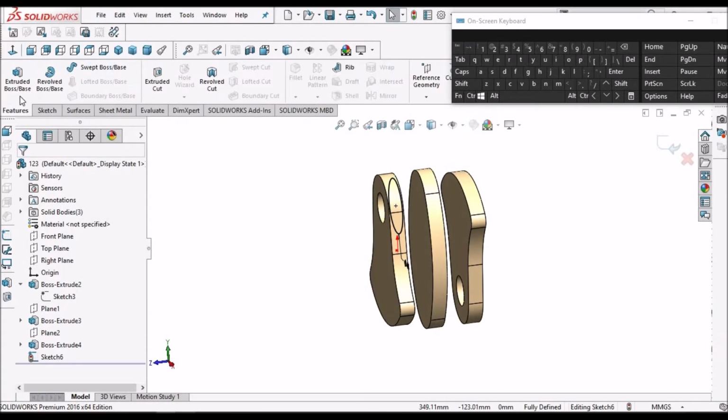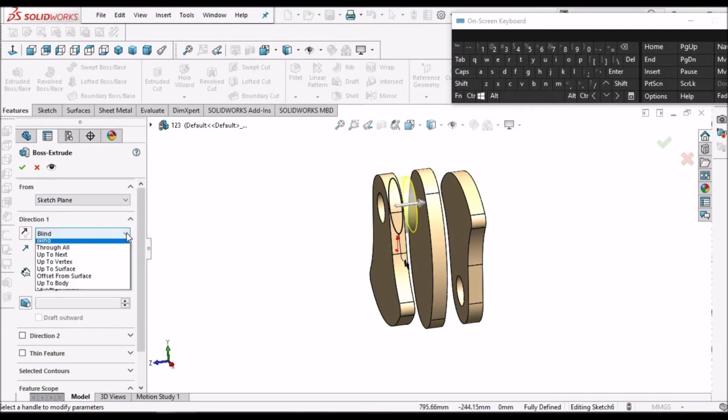And go to feature, extrude. We have to select up to next.